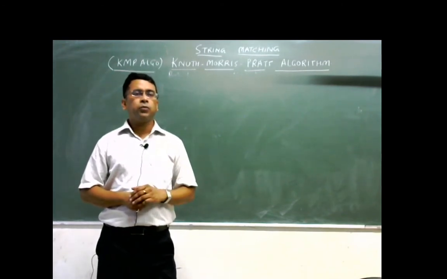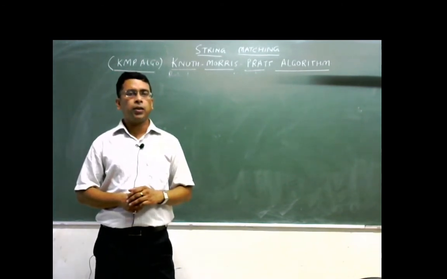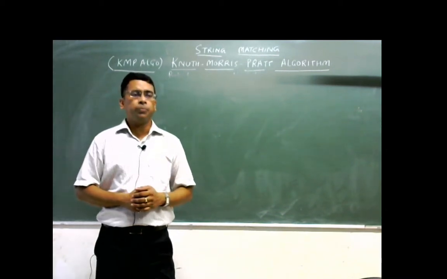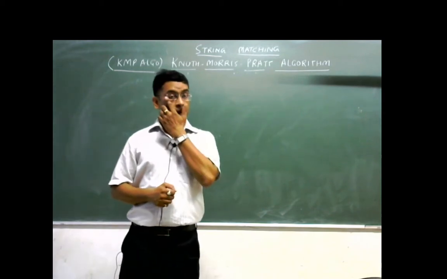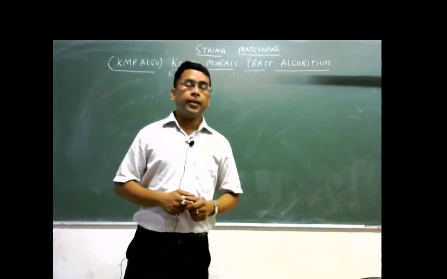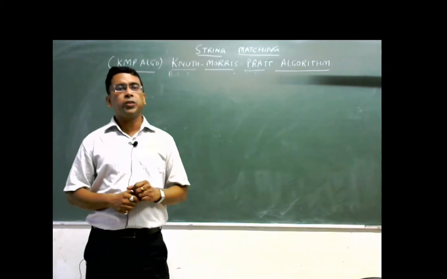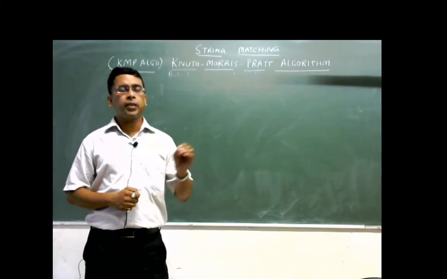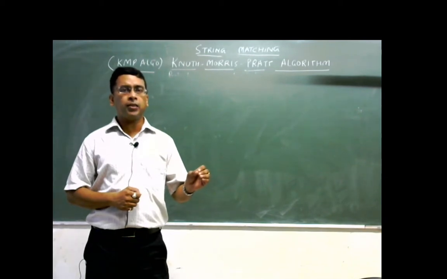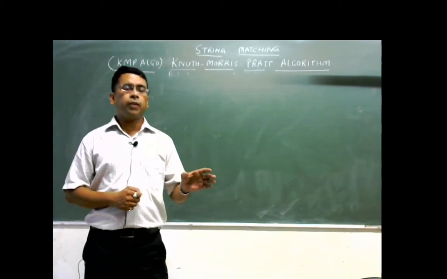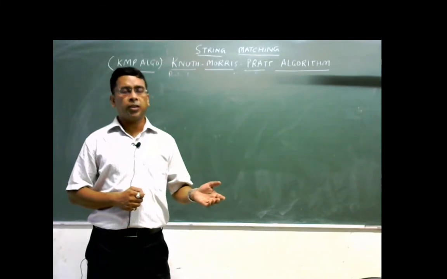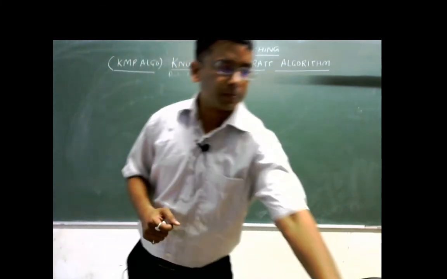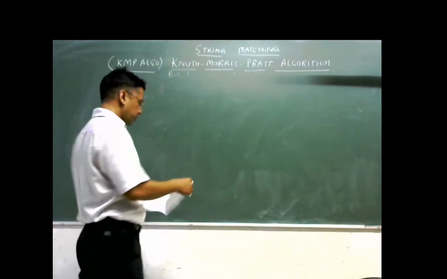How is it done? To understand all this, we have to understand what the prefix function is and how it is computed. So first I shall write the algorithm, and then on the basis of the algorithm we shall solve an example to understand how it avoids certain matches, and how certain positions can be bypassed while searching for a pattern string. So here I am writing the algorithm.